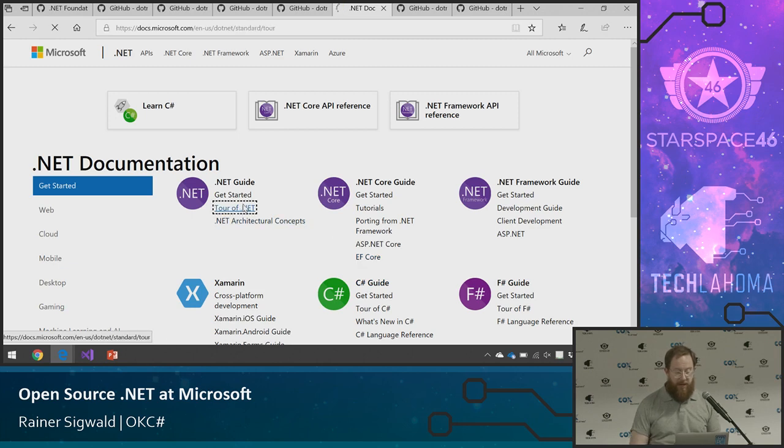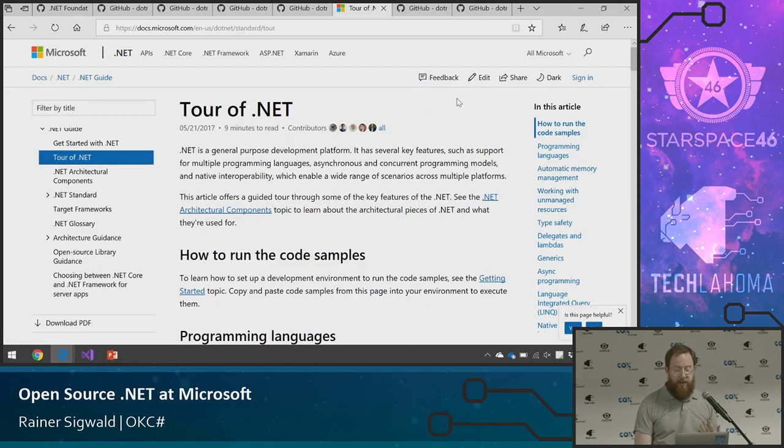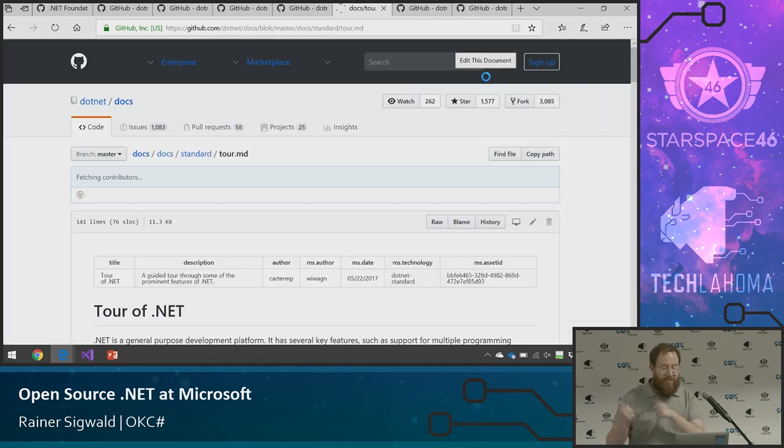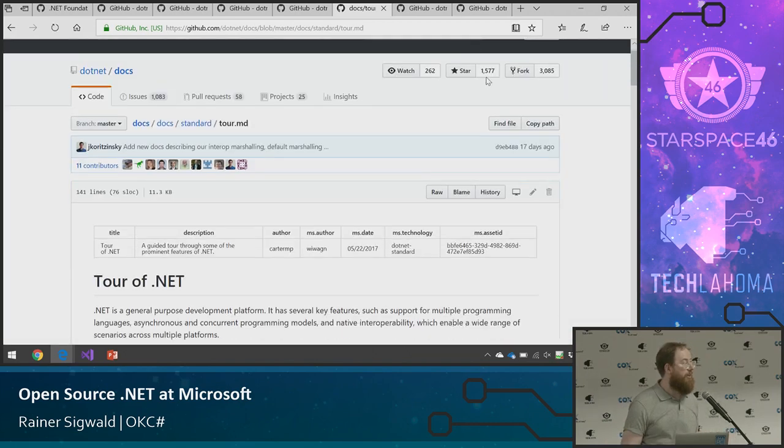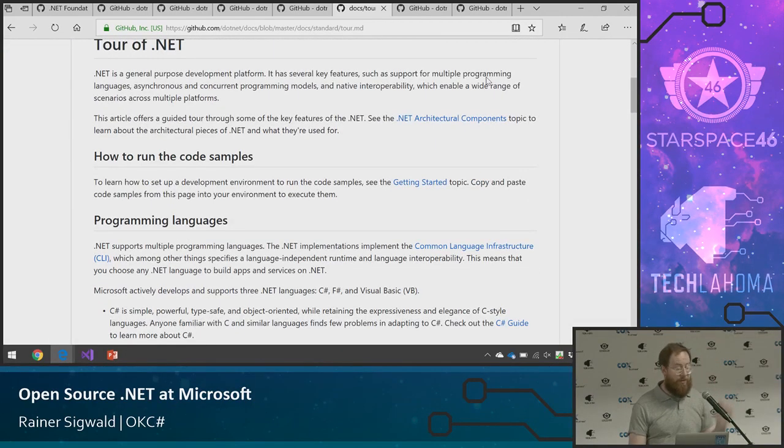And on every page, there is an edit button and a feedback button. The feedback button files a GitHub issue. The edit button opens up the markdown that controls this page in GitHub, and you can use normal GitHub processes to go in, propose an edit, send a PR to get your